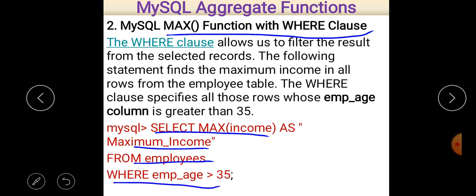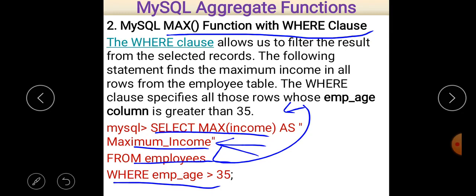You can easily see here that this part is the same as mentioned in the previous case, but only one condition is added, and that condition is where employee underscore age is greater than 35. So as you can see on screen, select max income as maximum income. Here maximum income is the name of the column which will be displayed on the screen after execution of that command.